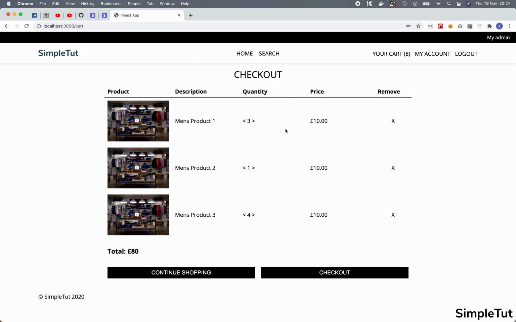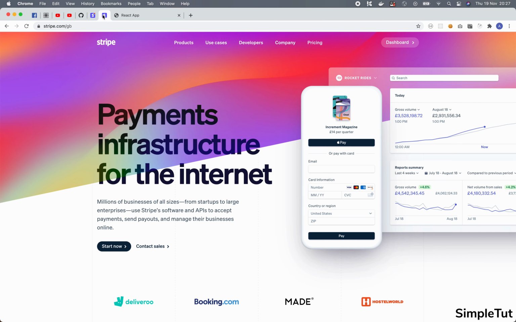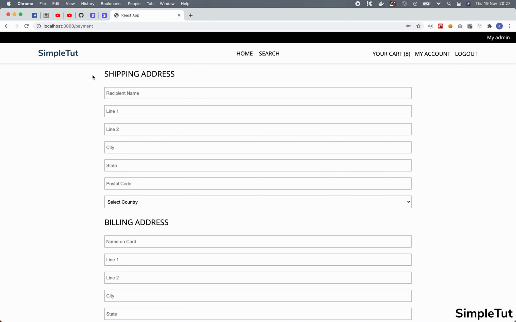In today's video, we're going to be working on our checkout page. We're going to be integrating with Stripe's Payments API to securely process the payment. But before we begin, let's run through a quick demo of what you will have built by the end of